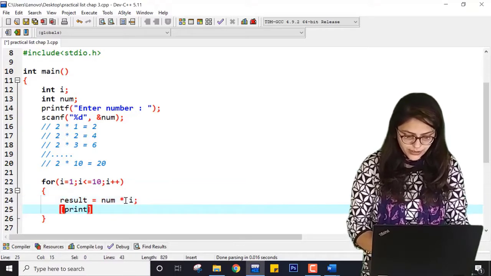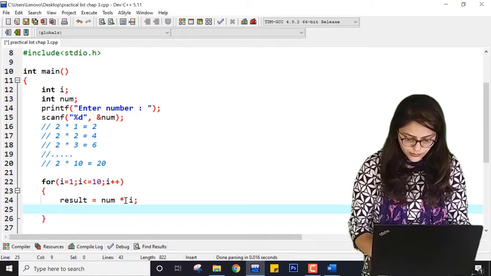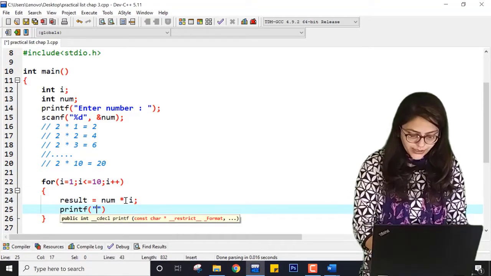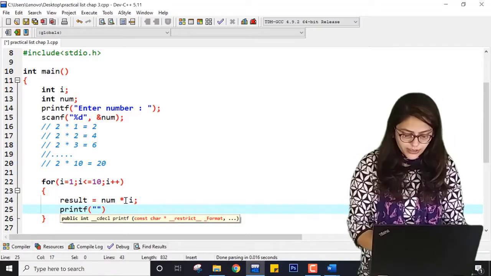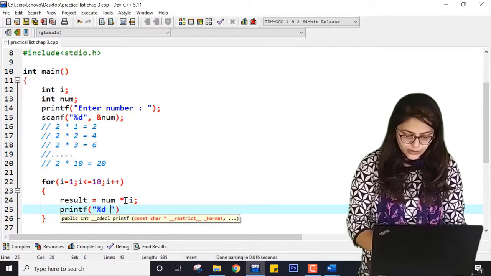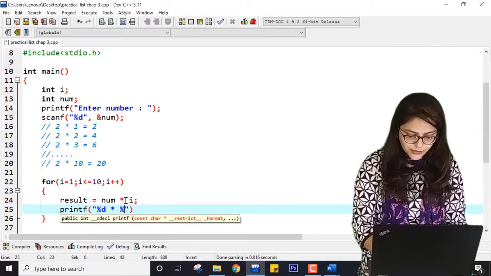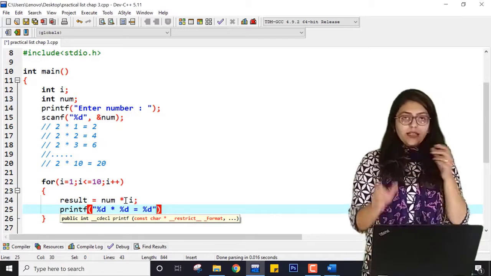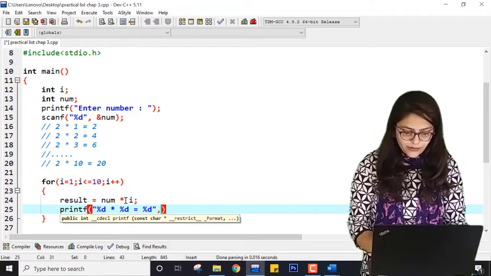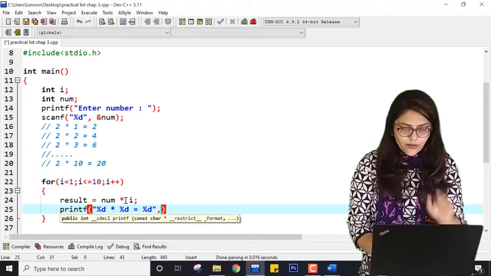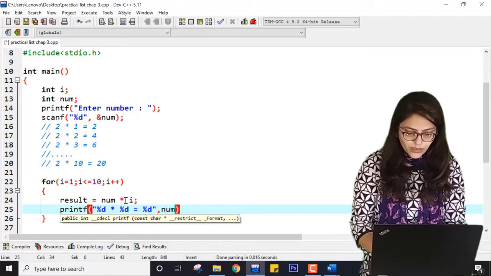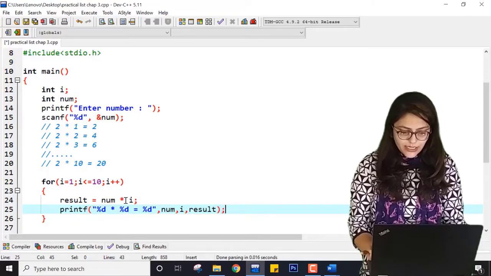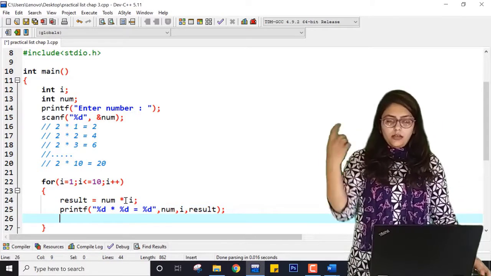Then I am printing with printf. First I'm printing the number itself, so percentage d, then multiplication, then percentage d, then equal to, then percentage d. What exactly I want this format to be printed, and which are the values of these variables? First d is for num, second d is for I, and third d is for result. Right? At the end, put a semicolon.